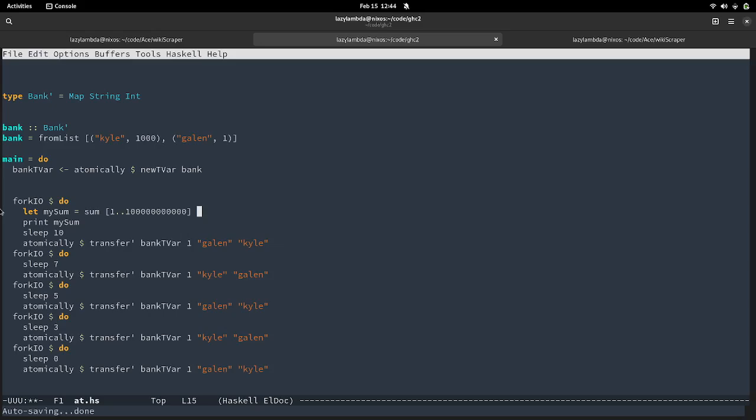We can't guarantee anything. We still have to think about whether we're ensuring that our program logic is executing in a proper order. I don't think a bank is a good example here, but with the web scraper, for example, the actual computation takes a long time.